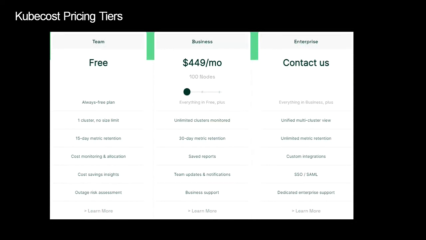In the enterprise version, you can have all these features, but you also have the SSO or SAML feature. So if you want a set of dedicated administrators to manage your KubeCost cluster, you can use your existing enterprise IDs, and you do not need to set up separate administration accounts for this. So single sign-on and SAML capabilities are already there.